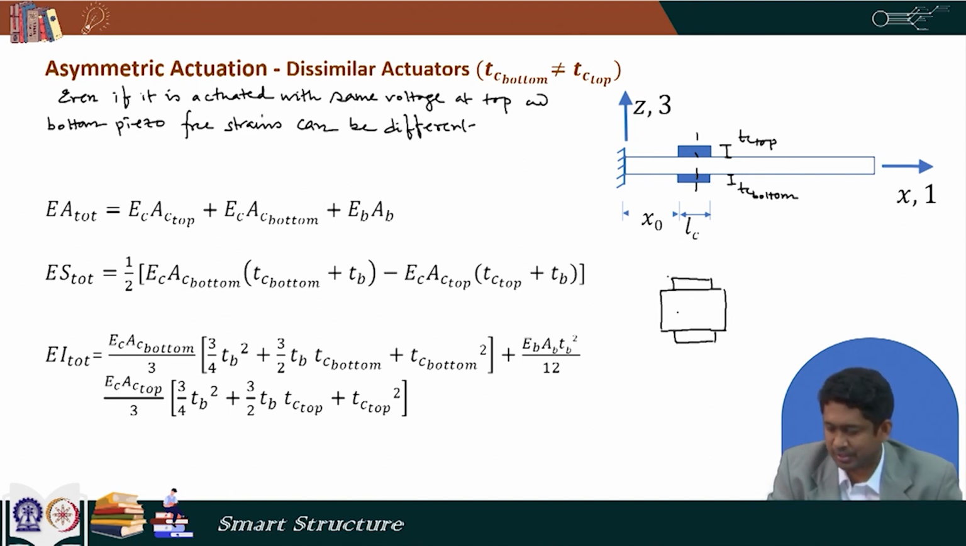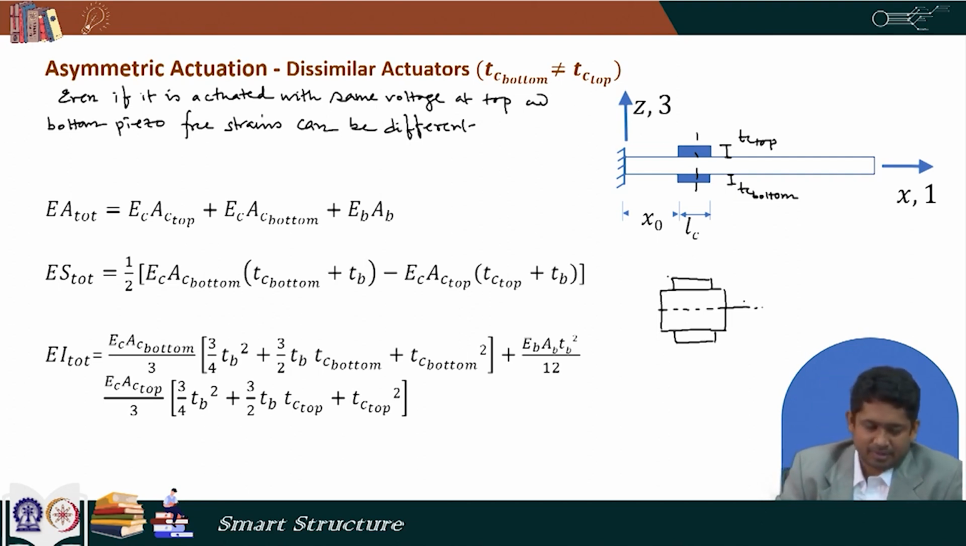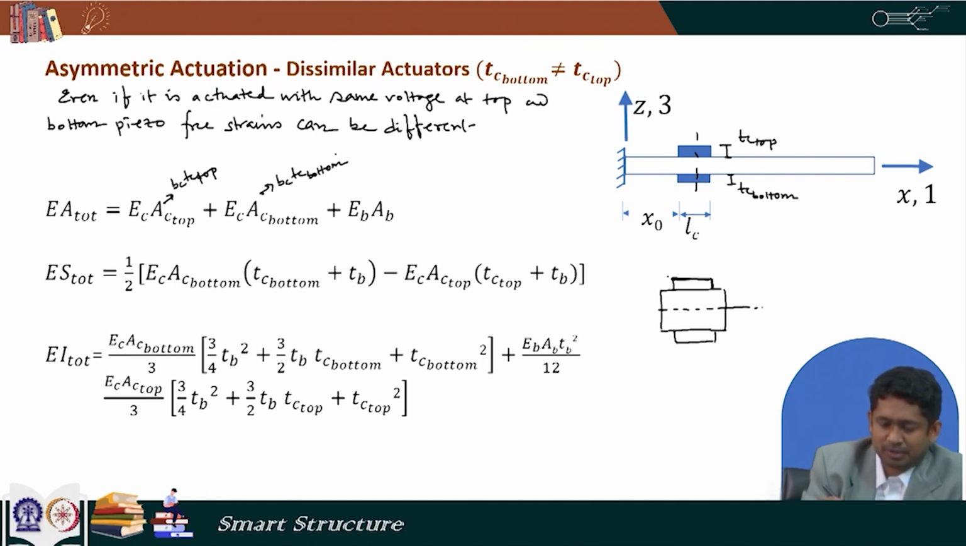To solve this problem, we take z equal to 0 at the mid of the beam. So, EA total becomes EC AC top. EC is the elastic modulus of the top piezo, AC top is the area of the top piezo. So, AC top is BC into TC top, and AC bottom is BC into TC bottom, where their widths are the same. So, both are BC,